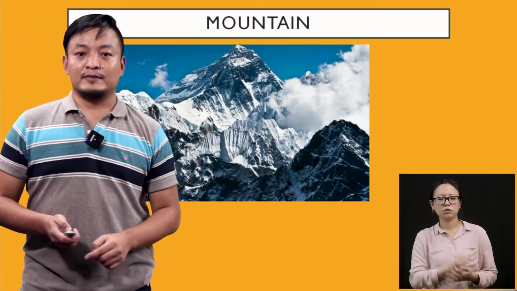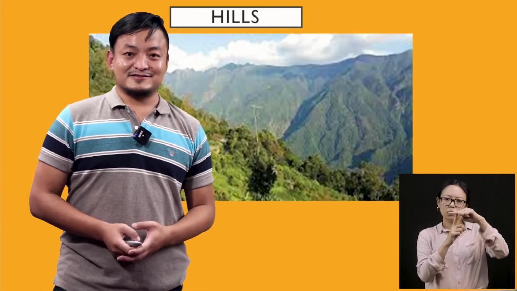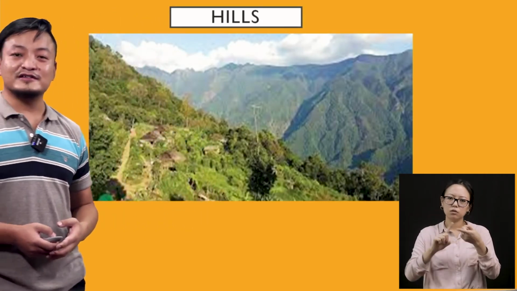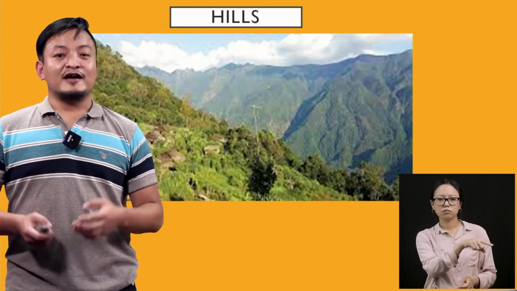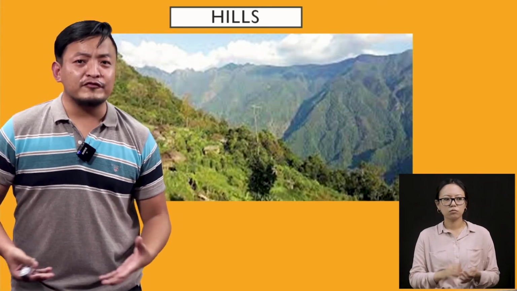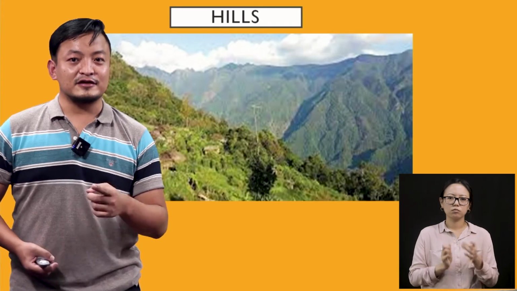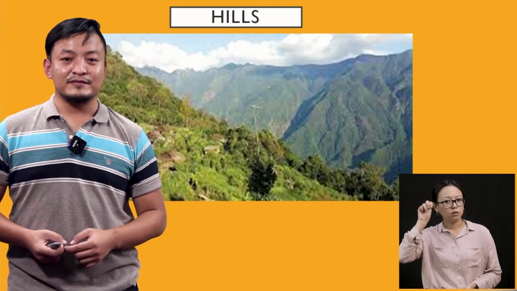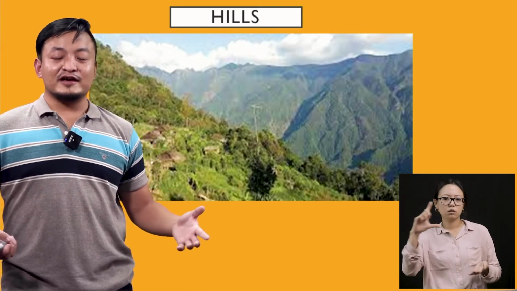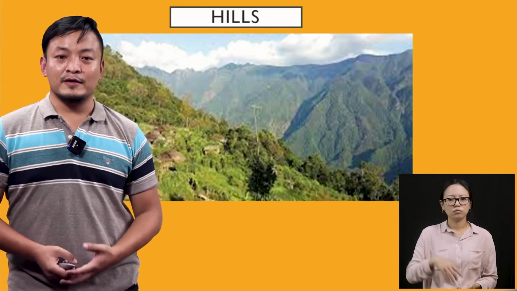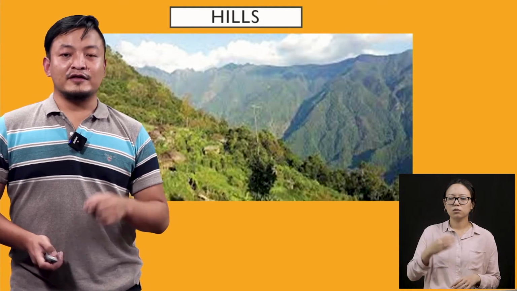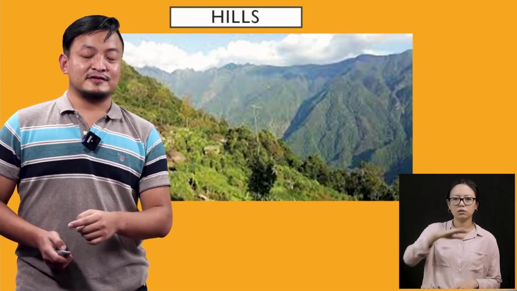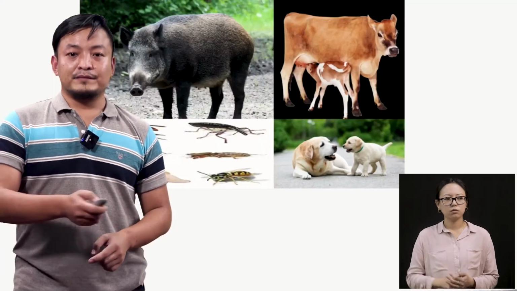Okay? Now, hills. So these are called hills. Now we have learned in our previous chapter that our state, our beautiful state, Nagaland, is a hilly state, right? So when we just look outside, we see hills, right? So hills are an example of natural things. Okay? Now next,